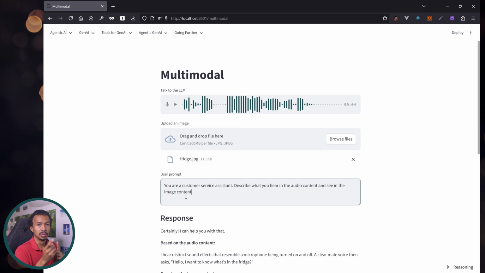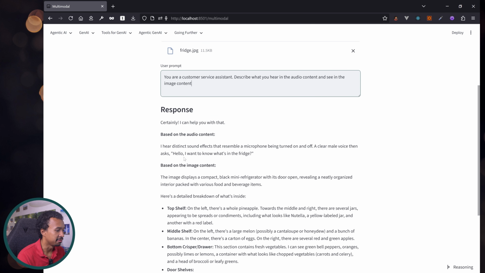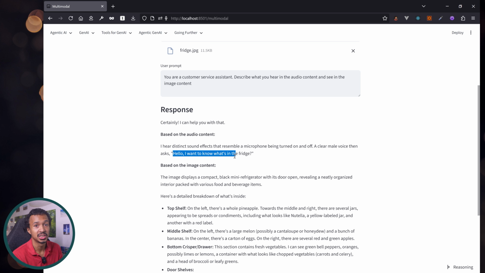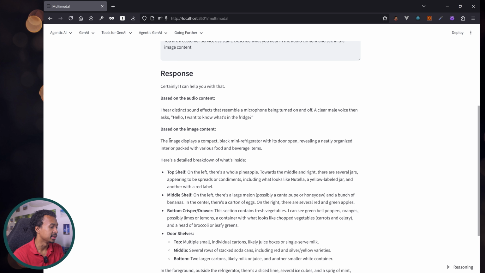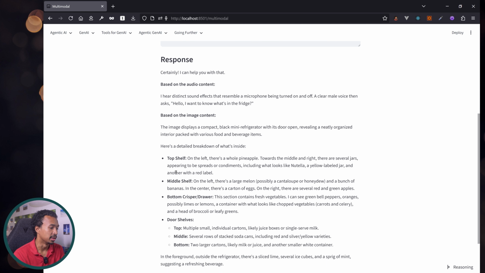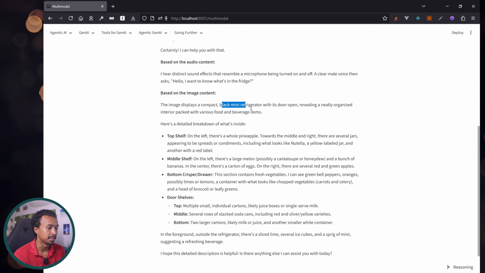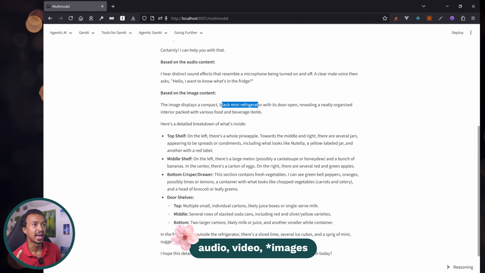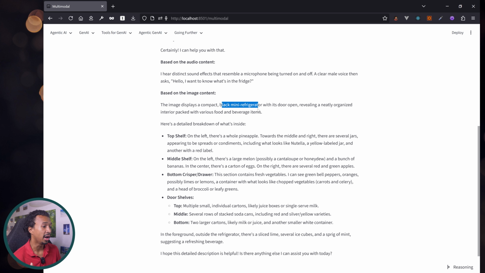And then drum roll. Okay, I hear distinct sound effects and someone that asks, hello, I want to know what's in the fridge. And then it's going to describe the image. Top shelf, middle shelf, it's a fridge, black mini refrigerator, etc. We don't care. What you see is the LLM can both mix audio, video, sound, and user prompt to answer